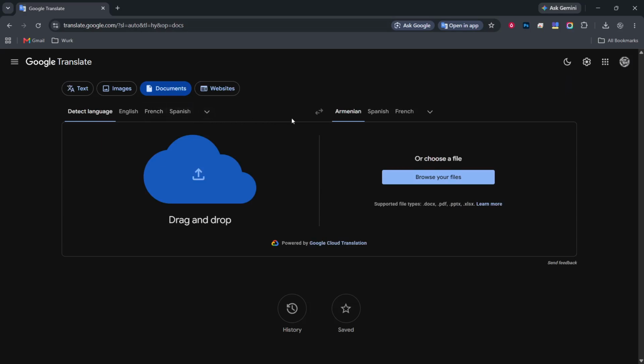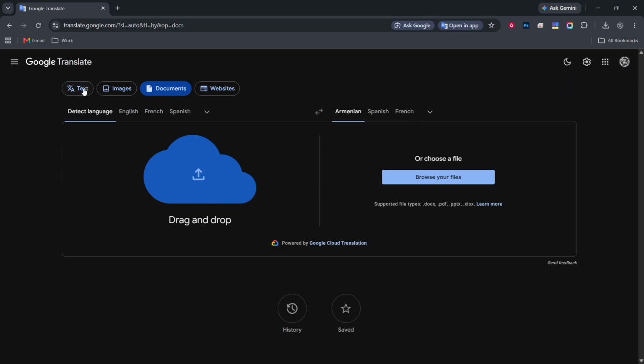Next, select the target language. The target language is the language you want your translation in. Look at the row of languages above the right text box this time. Click the language you want to read the translation in, such as Spanish or German. If you do not see your language right away, there will be a small arrow that opens a longer list. Once you click a language, you should see its name highlighted above the right box, which confirms it is selected.